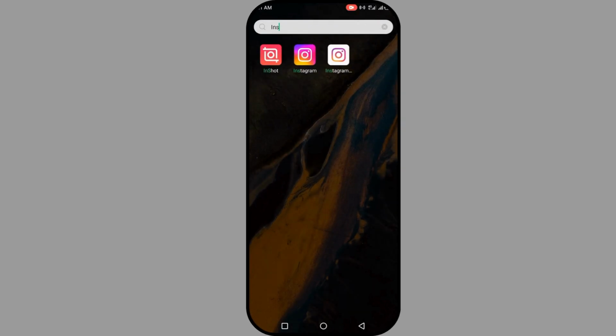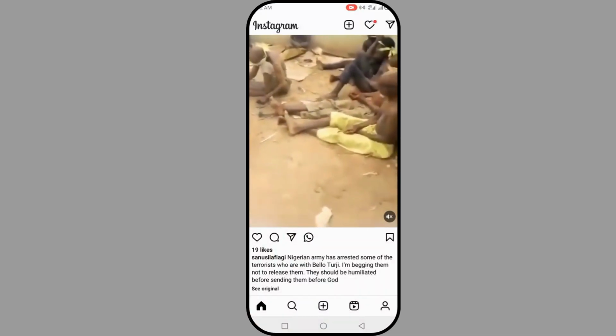Today in this tutorial I'm going to show you how to view the accounts you follow on Instagram, the people you follow, that you want to view. So let's dive in. The first step is to open your Instagram, and the next step is to click on your